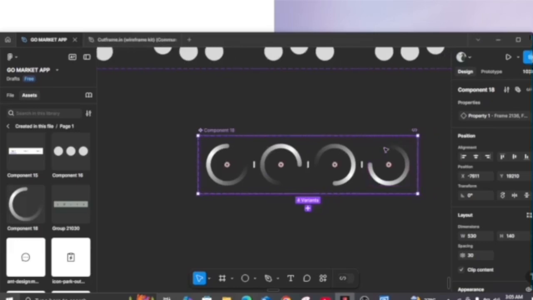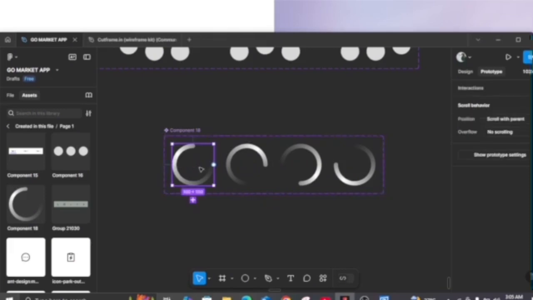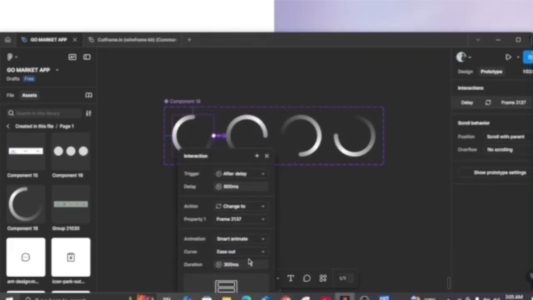Head over to the prototypes tab and click on prototype. This is where the animation happens. We're going to connect each of the dots by a trigger of after delay 1 millisecond and smart animate ease